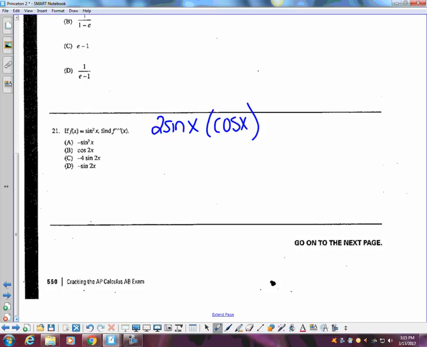Y'all, what do y'all want to do? Y'all want to make him sine of 2x? Want to try it? No. I caught him at the end. Okay, so that's one derivative. So this one's going to be the second derivative. So that's going to be cosine of 2x times 2. So that's the second derivative. Now to do the third derivative,